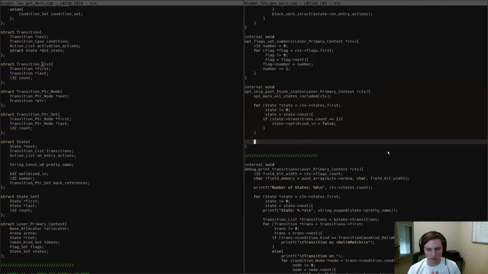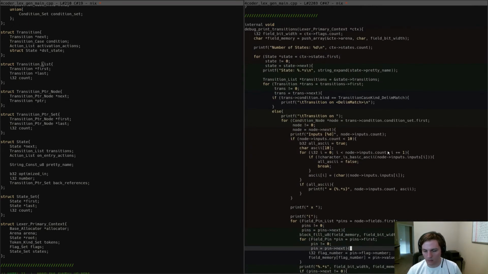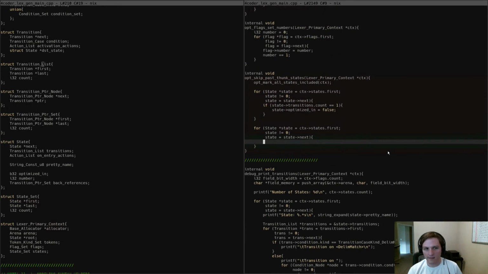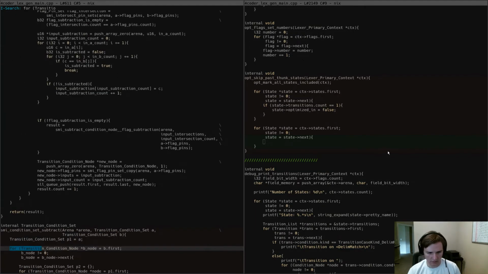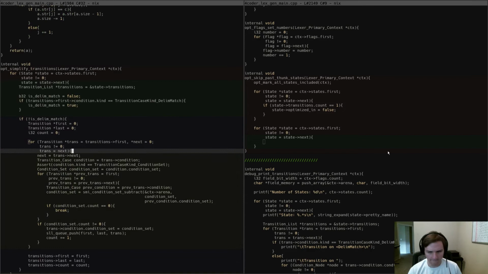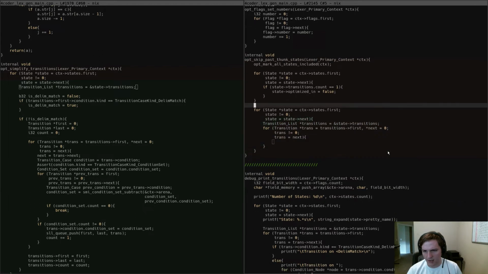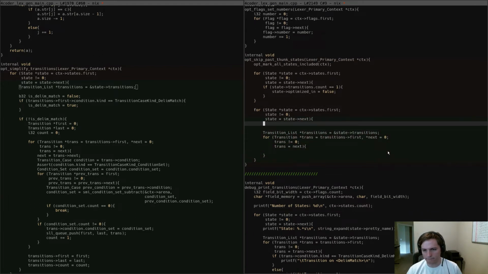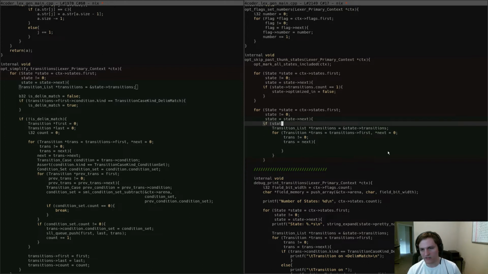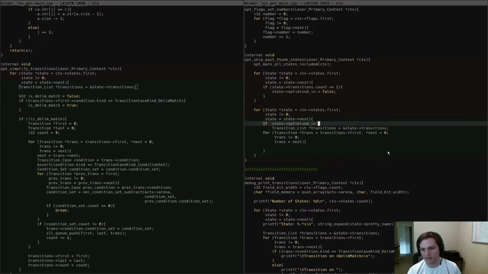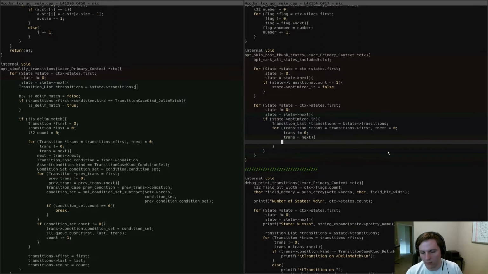Next move is we're going to loop through all the states again, and we're going to say anyone who's looking, whoops, loop through all the states again. This time what we're doing is a loop over transitions. So loop over transitions looks like this. We're looking at all the transitions, and first of all, we're going to say if the state we are looking at is optimized in. We're not going to bother to do this to states that we're about to remove anyway. We don't want to alter them. But any state that is still included because it isn't a thunk state is now going to